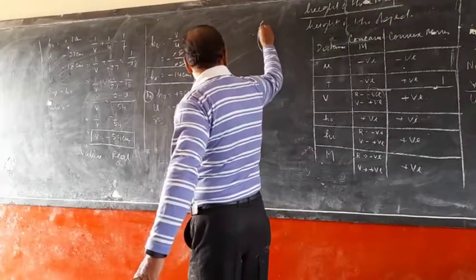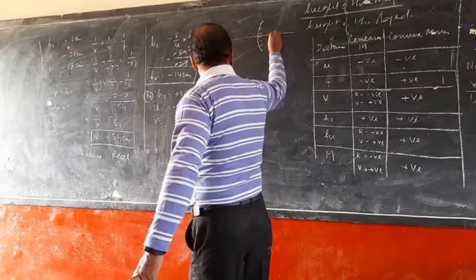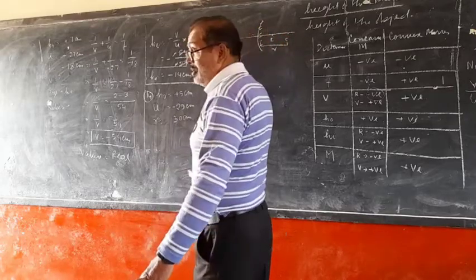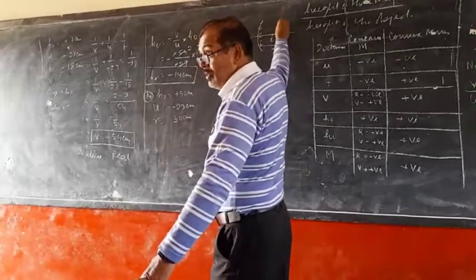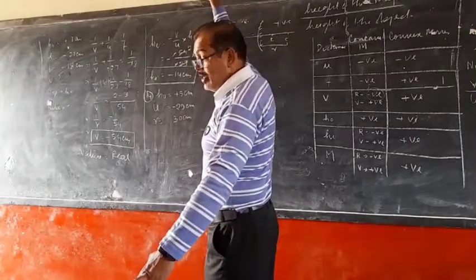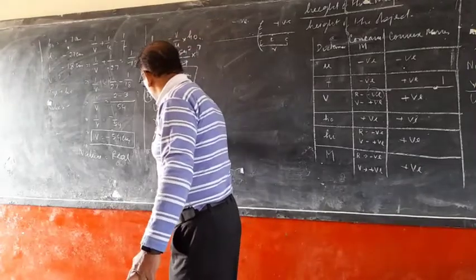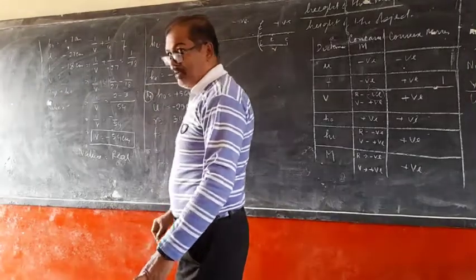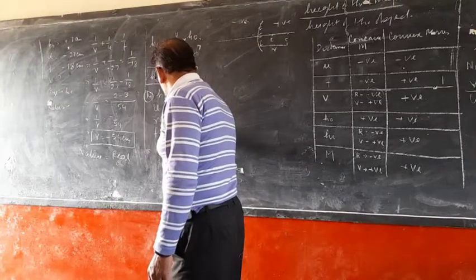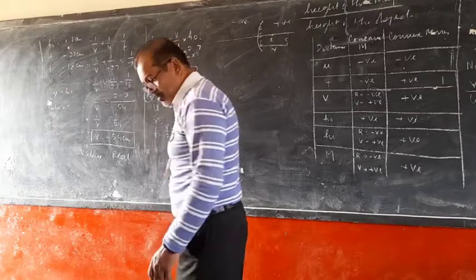See here. This is pole, this is center, and this is known as radius of curvature. And the opposite side of the mirror is always positive, and the front side is always negative. So what will be the F in this case? 15 cm. Because F is equal to R upon 2, that is equal to 30 centimeters divided by 2.